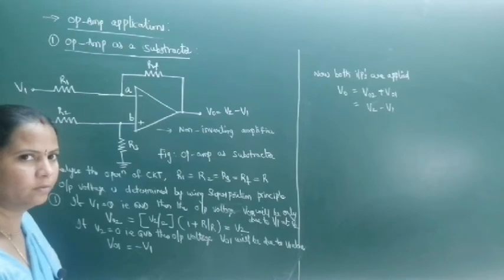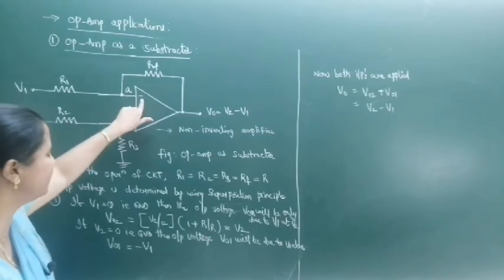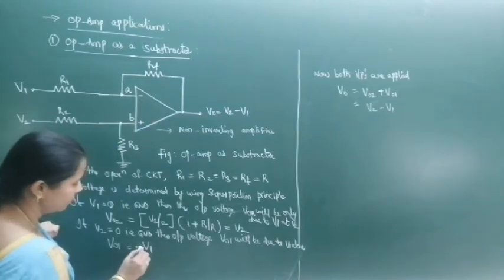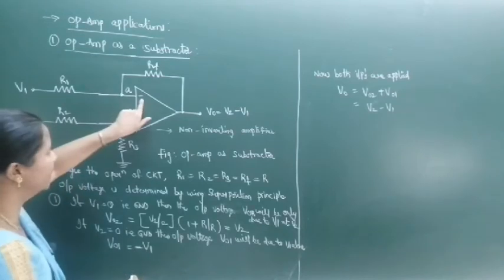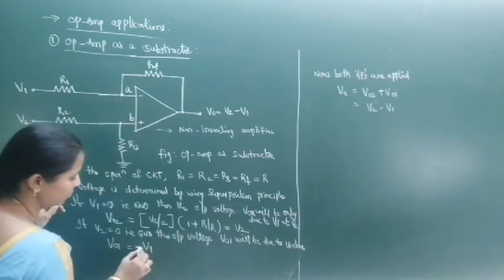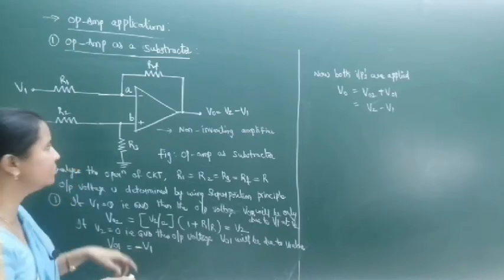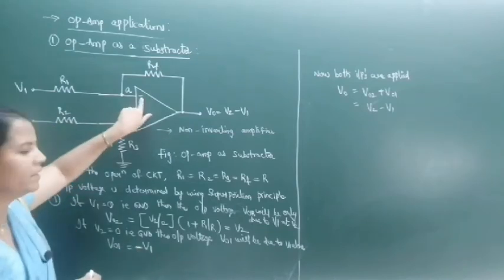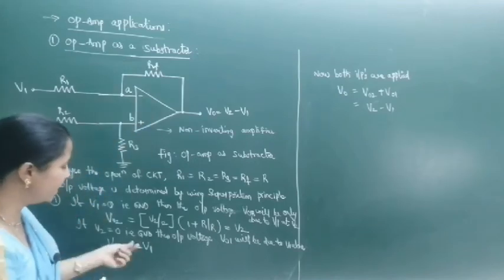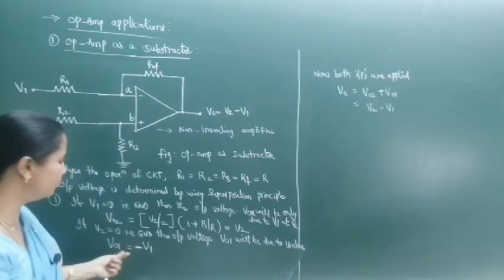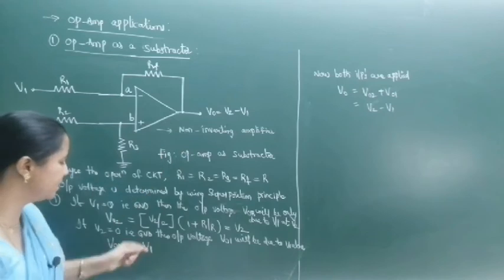Okay, inverting, so here what comes first is the minus sign. The input at V1, so you will get minus V1. Not positive V1, you will get the minus symbol here. Why? Because we are giving the input only at the inverting terminal, so here we get minus V1. Okay? The output voltage V01 here is equal to minus V1.